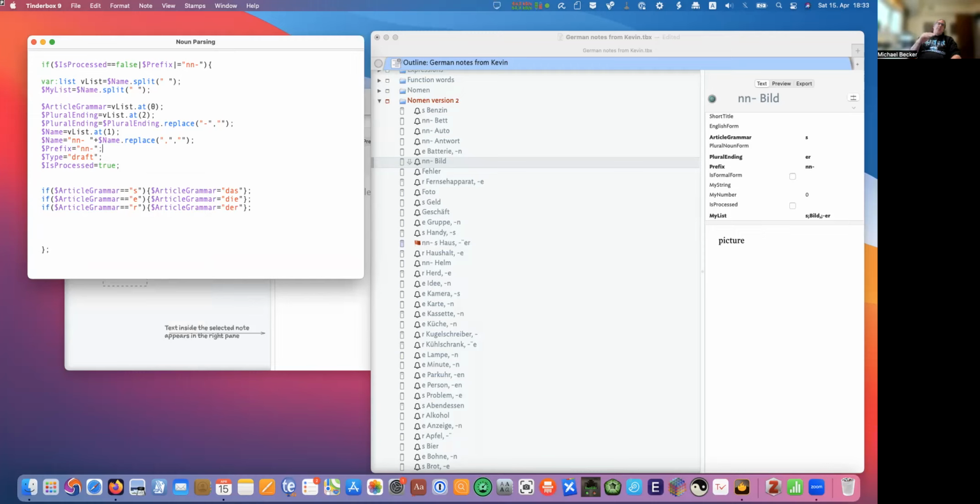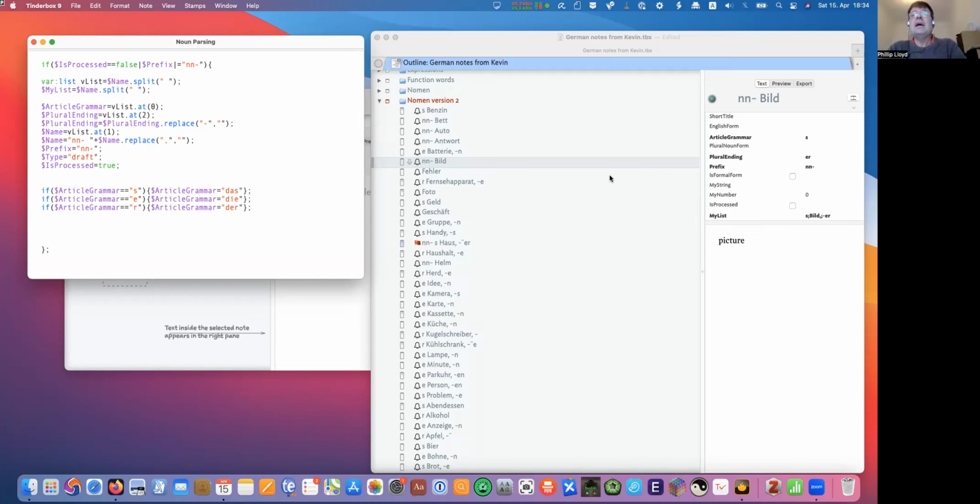So now what this is going to do is, if you were to apply this stamp to the end build, it would parse at the space, which is not what you want. Once you've processed it once, if it's got the prefix, you don't want it parsing at the space. So if the prefix does not equal the NN hyphen, then I want you to parse it at the space. Otherwise,